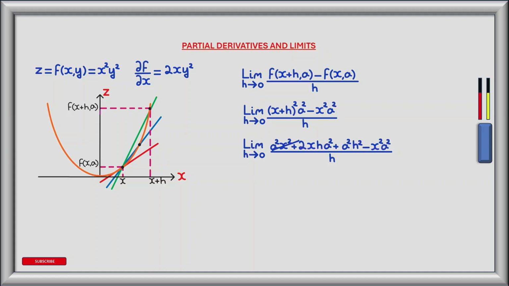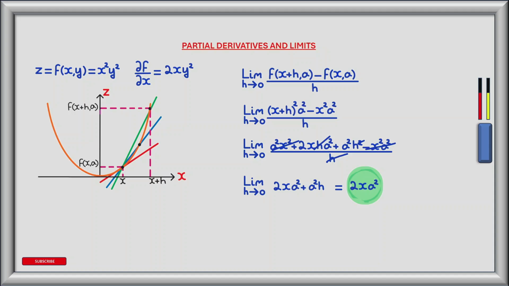This term and this term both get eliminated, and dividing both numerator and denominator by h, we see that h is eliminated from the denominator, and this term becomes a squared h, which leaves us with the limit as h tends to 0 of 2x a squared plus a squared h. So the limit as h tends to 0 of 2x a squared plus a squared multiplied by h equals 2x